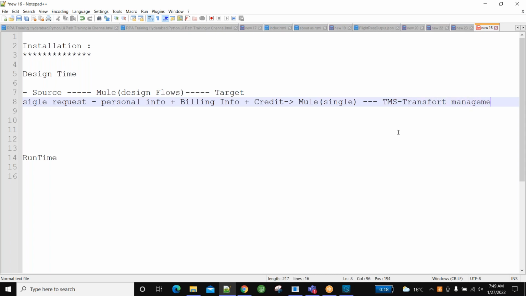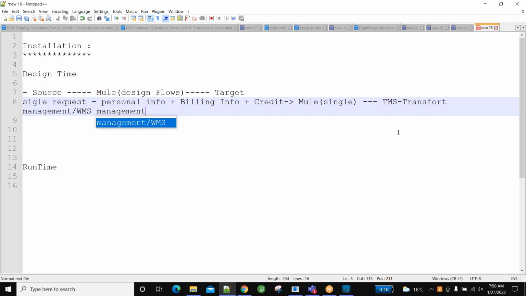And another system called WMS, which is warehouse management, right? Why am I saying TMS and WMS? Not only in Amazon but in Flipkart or whatever the system is, two or more systems will be involved, and also the billing system will be involved.